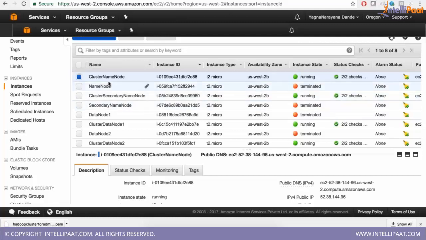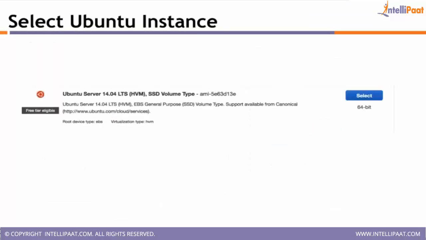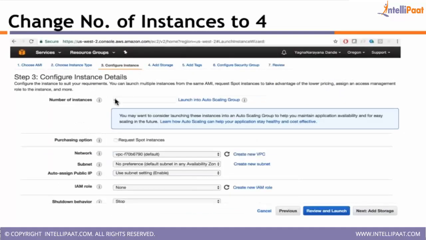Yeah, because before this class, I started 4 instances to try these steps. Okay, so only 4 if we do it the first time? You can start any number of instances. If you see this slide, in this slide you are selecting the number of instances here. Here I selected 4, so you will get 4. You can even select 50 also. It's up to you.